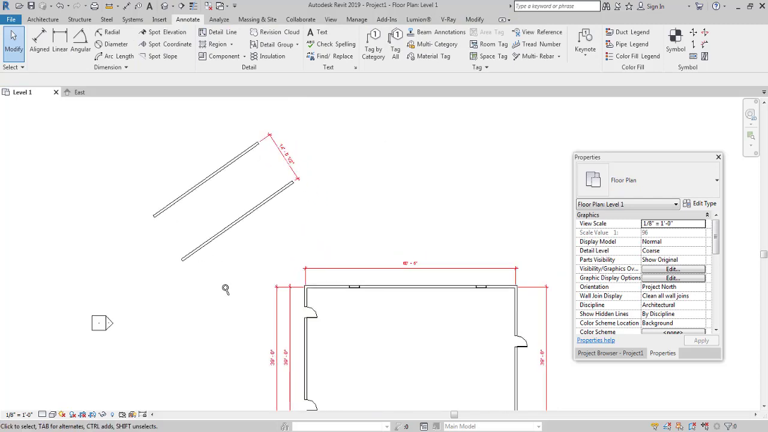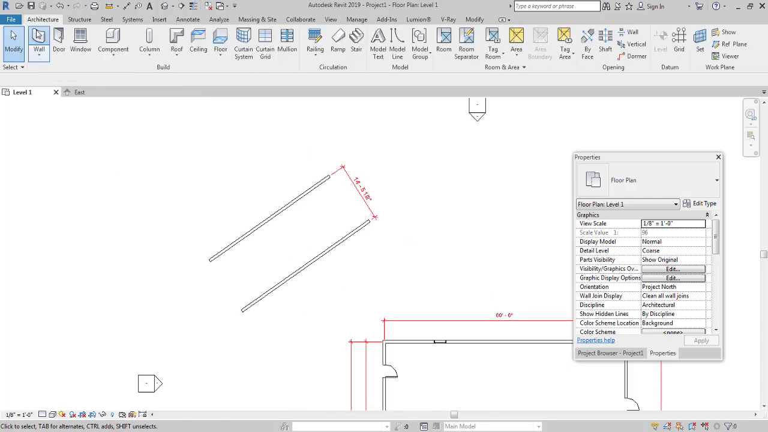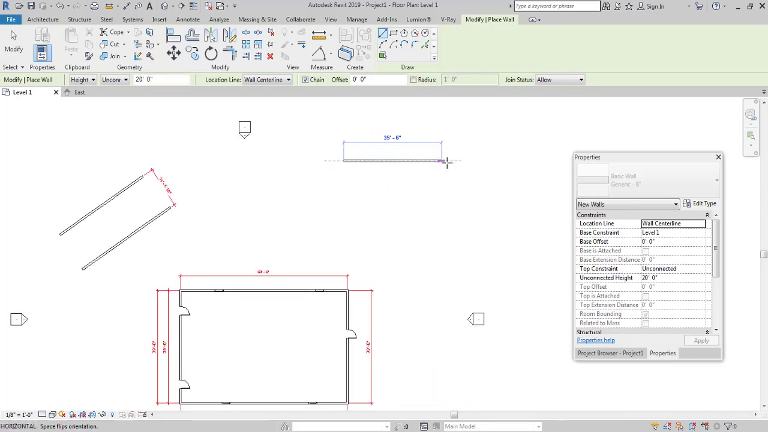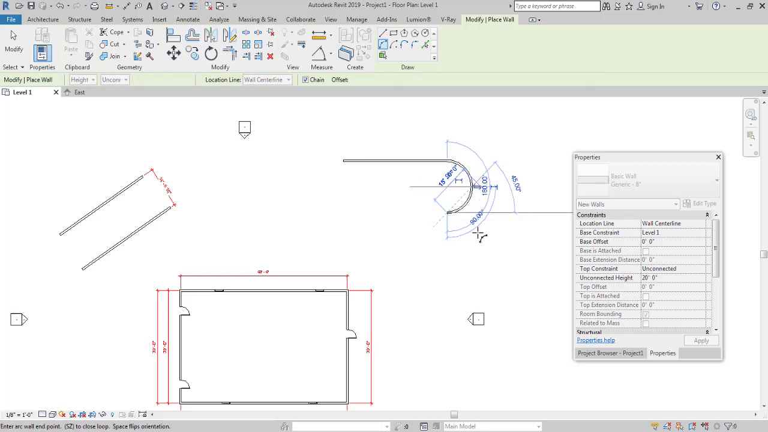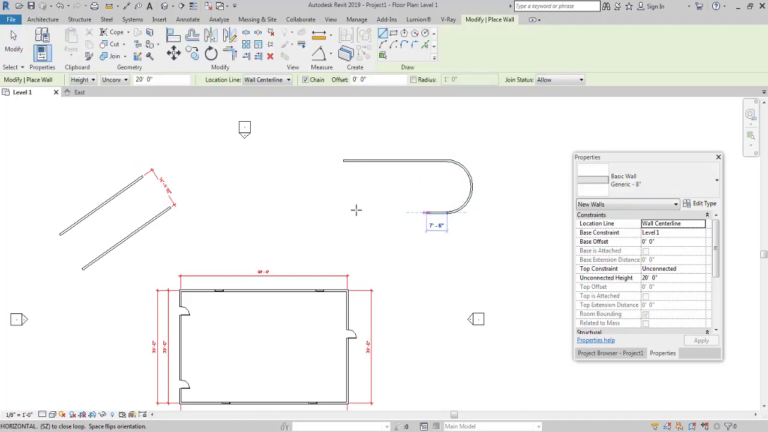Okay, so moving forward, I'd like to go over the angular dimension icon over here. Go to the Architecture tab, select the wall, and let's create one wall over here. Let's select this as start and radius, and let's create another wall like this,